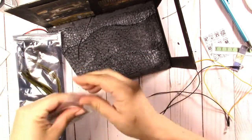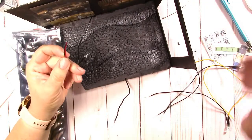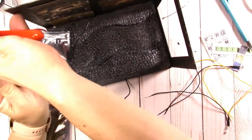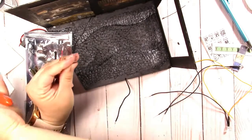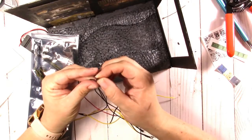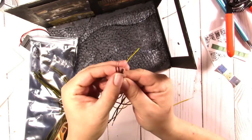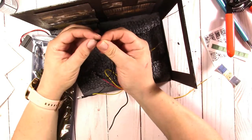So I'm going to put all the negatives. I need my white light too, since he's going in here. I need to get some more white lights. This is the last one I have. I'm going to put all my black wires together on this side, and then on this side I'll use the yellow wires, and I think that will work. So I just take all the light wires and the one over here and twist them together